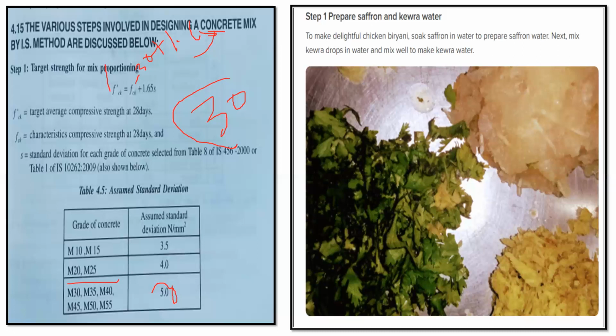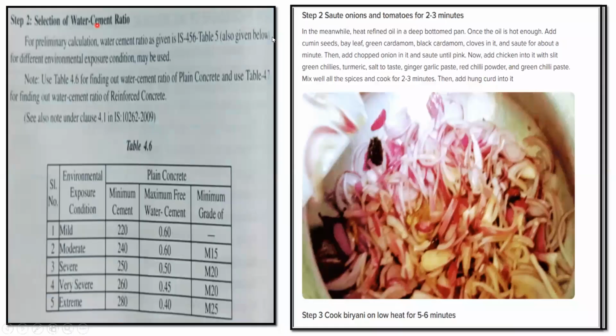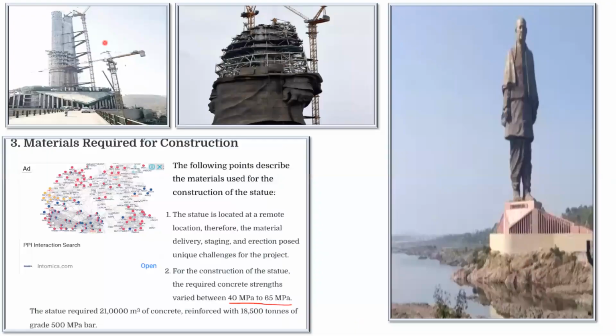Again, in step 2, we need to follow another thing, the water cement ratio. Similarly, when it comes to cooking also, we have step 2 and all, right? But our main target will be to understand the mix design for the concrete, and these are the steps that we have. Now the next question that comes to our mind: why we need to study all these things, right? Because normally when we do the local construction and all, we don't think of all these things, right? If I tell a contractor or the normal labor to prepare a concrete, he does it in a very good way. Then why we need to understand all these things?